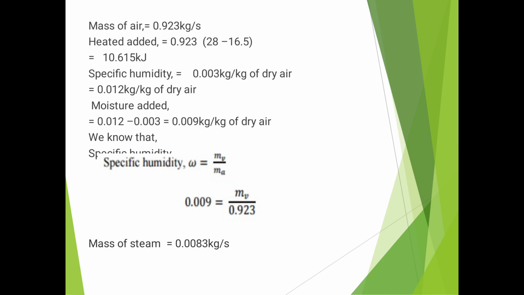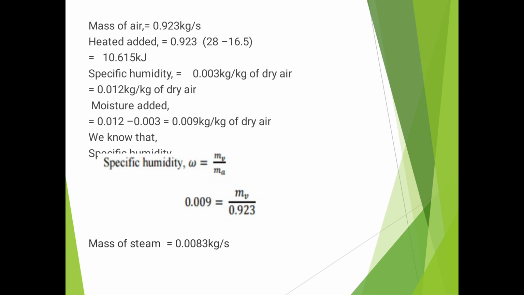Next, mass of the air is equal to 0.923 kilogram per second. Heat that is added is equal to 0.923 into 28 minus 16.5, which is equal to 10.615 kilojoule. Next, the specific humidity is equal to 0.003 kilogram per kilogram of dry air, which is equal to 0.012 kilogram per kilogram of dry air. The moisture that is added is equal to 0.012 minus 0.003, which is equal to 0.009 kilogram per kilogram of